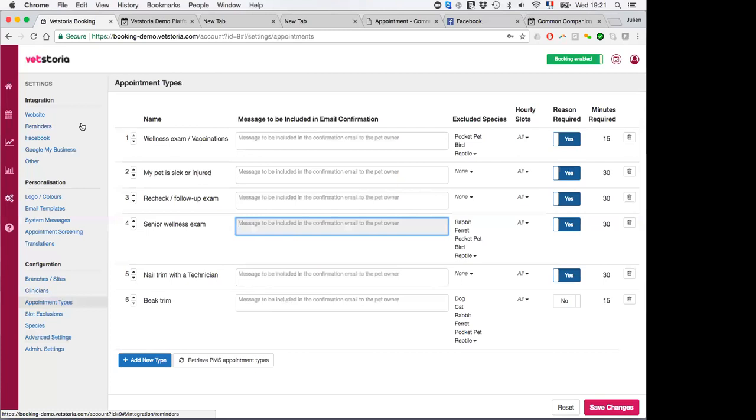Okay. And I go ahead. Yes. So the concept of staggered appointments is something that we can deal with. So if I understand properly, let's say that a nurse and a technician would see the pet first for the first 15 minutes, and then the vet will see it for the next half hour, something like that. Is that the sort of...